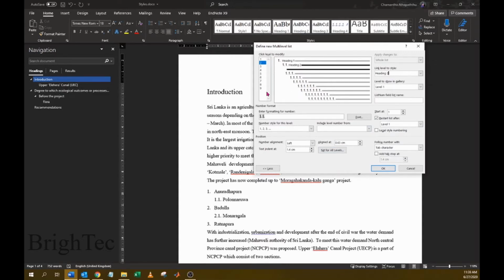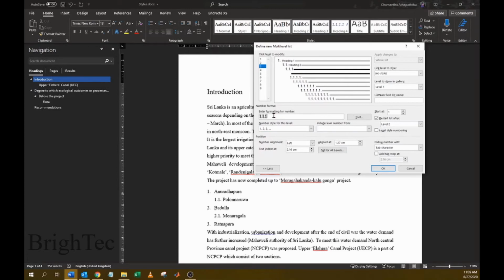Okay, in this document we also have a level 3 heading, so we will format level 3 as well. First we will remove this one, then we will include the level number from level 1 followed by a dot, and then we want to include the level 2 number followed by a dot, and then we want to define the numbering system for this level.